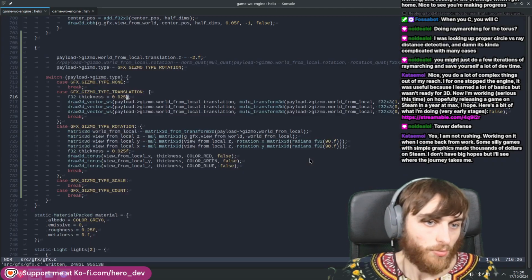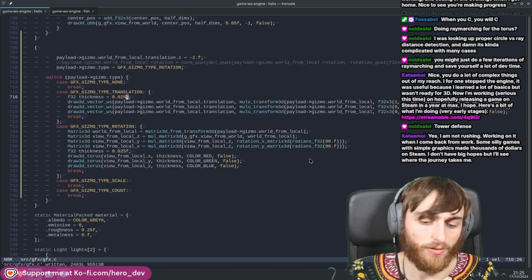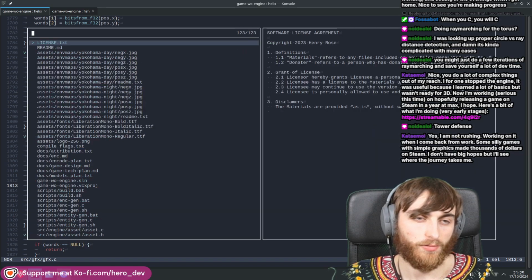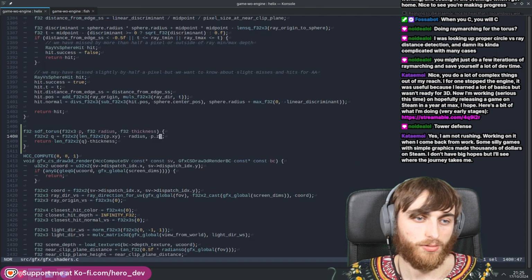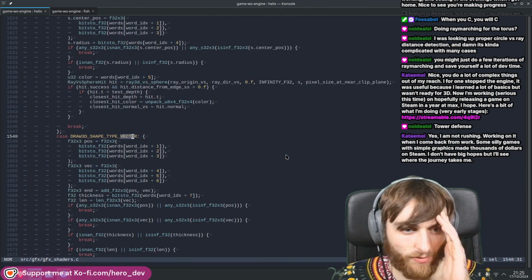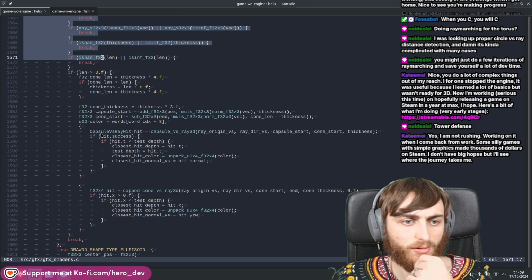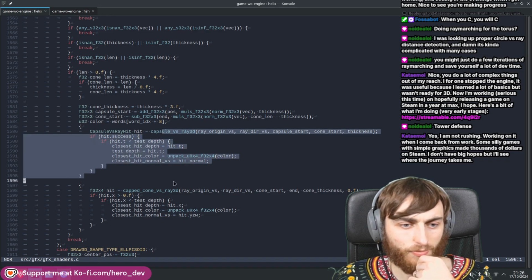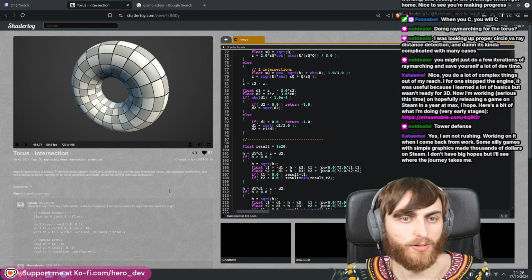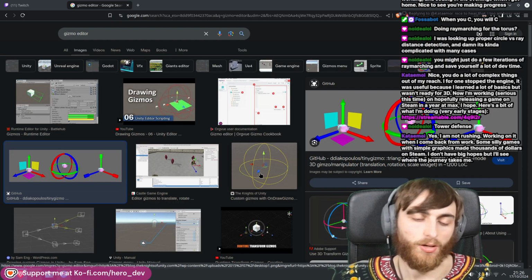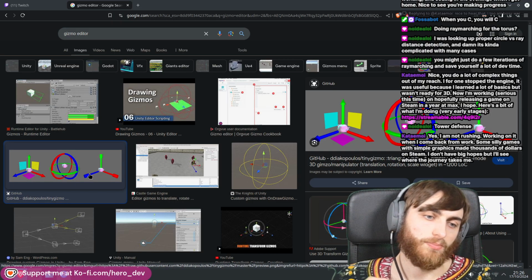Cool. Right, so the way we're going to do that is I think we've got to make a new kind of vector, which kind of sucks. So when I ray traced the vector, what I did is obviously a bunch of checks, and then I did a ray versus capsule and a ray versus capped cone. So typically what they do, let's get rid of that one now, is they will do the planes, but yeah, they do like a